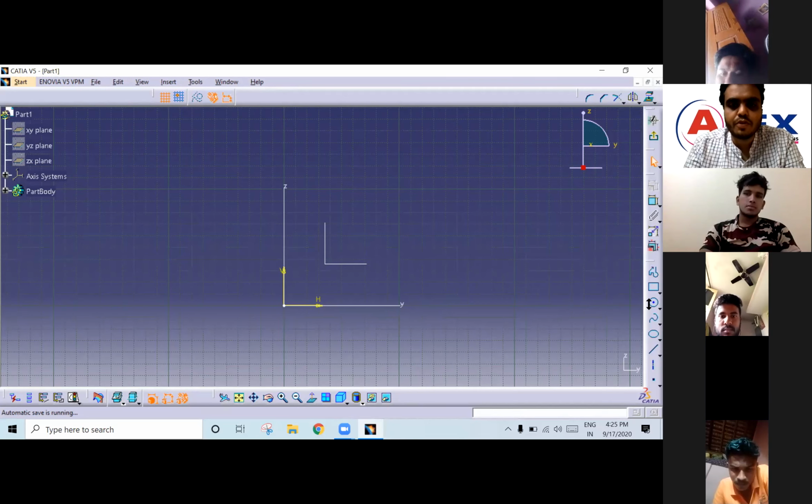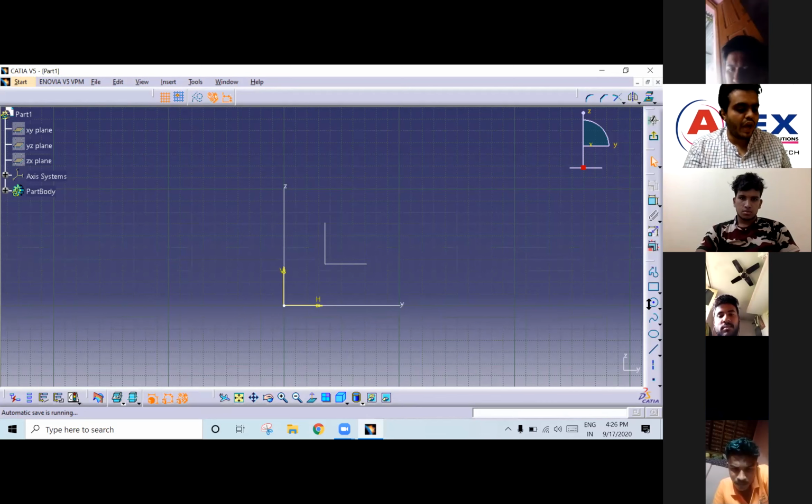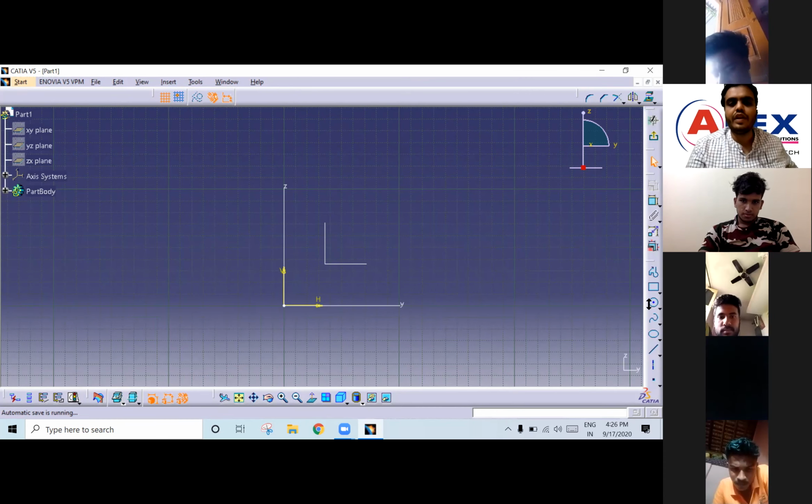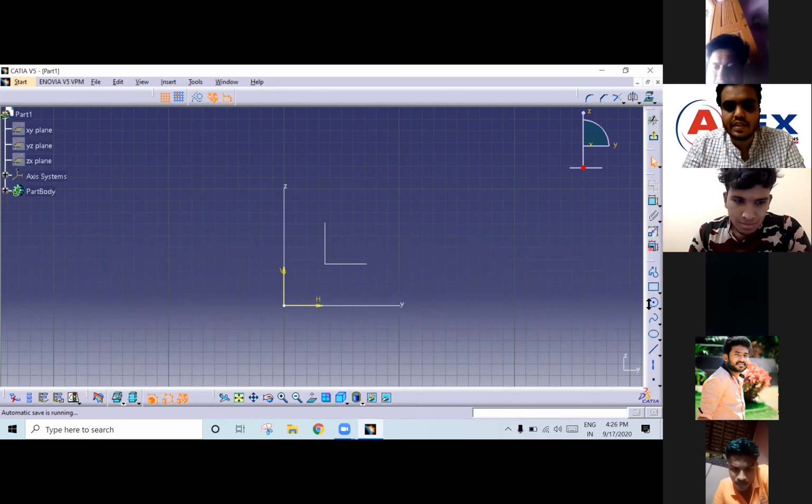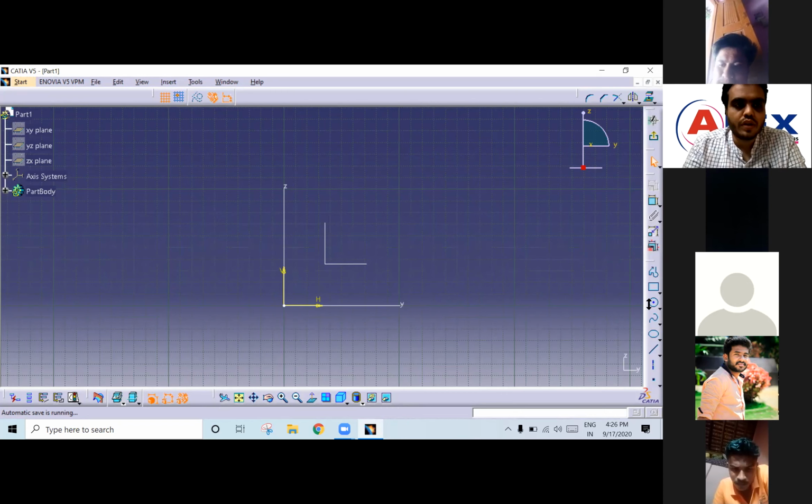Over constraint means, suppose you have given the same dimension 2 times for a constrained sketch, it shows over constraint. In that case, you have to delete it. All of you are getting? Yes, sir. Fine. So we will see how to check all these status of constraint and how to resolve it.